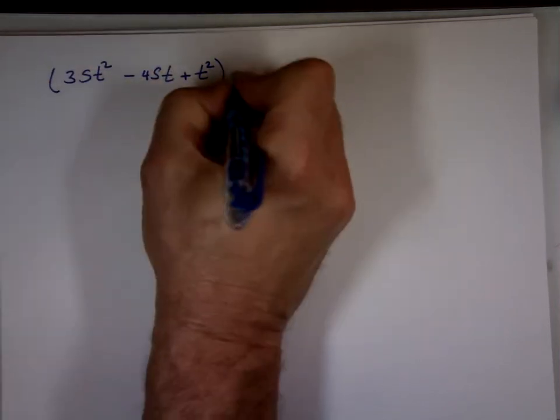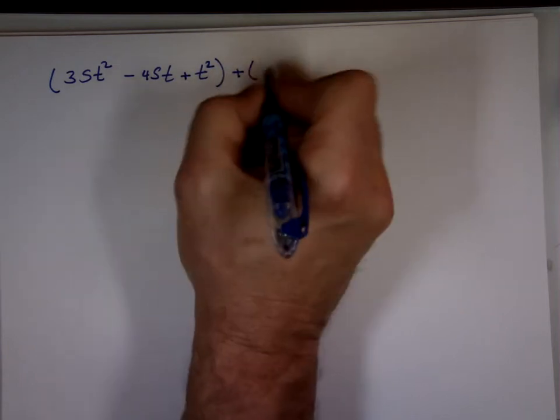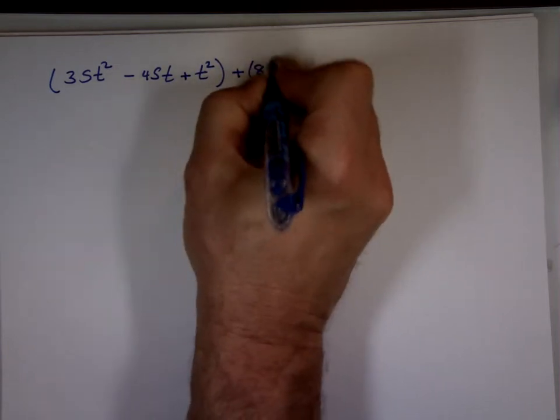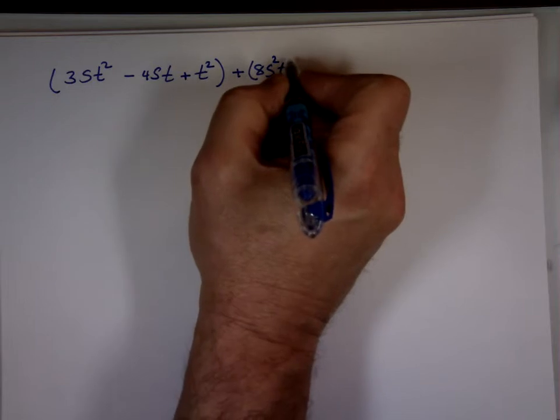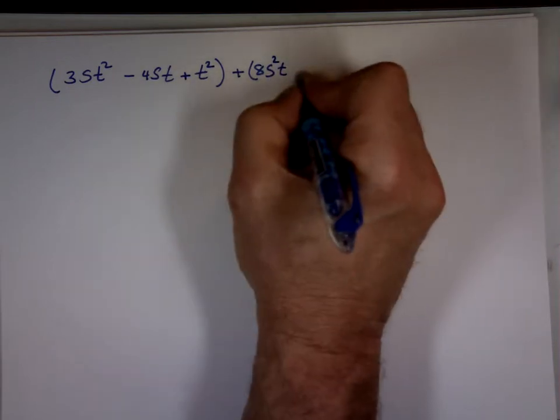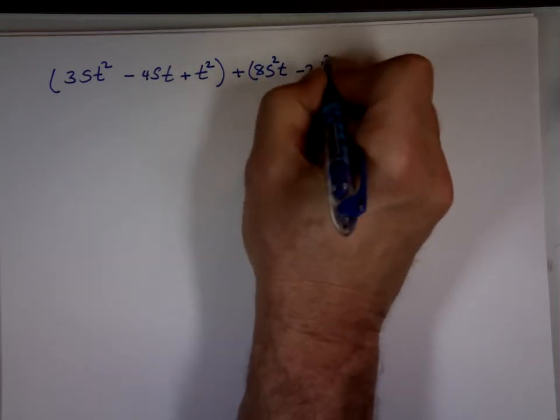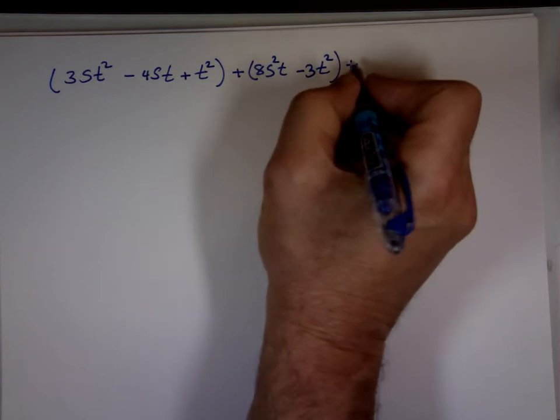I want to add to it 8s squared t minus 3t squared. I'm going to add to it, I'm not done,